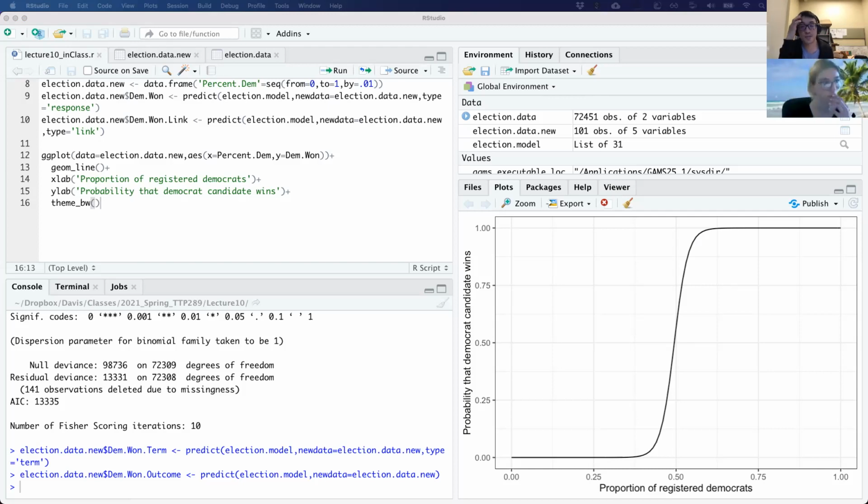Okay, so the terms option returns a matrix giving the fitted values of each term in the model formula on the linear predictor scale. So that should be... oh, okay. No. So I was describing it wrong. So if you do,